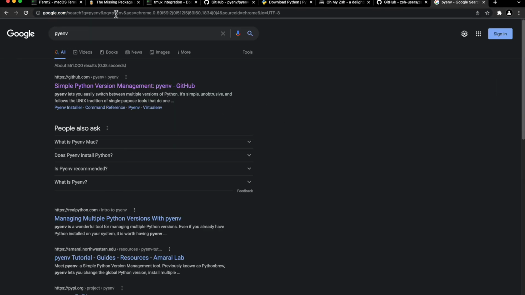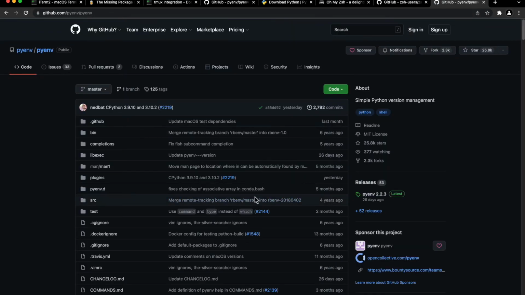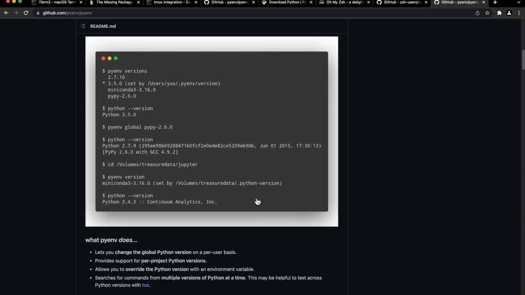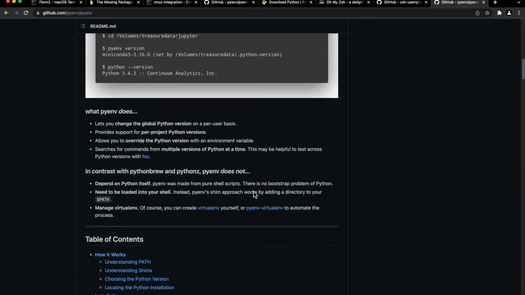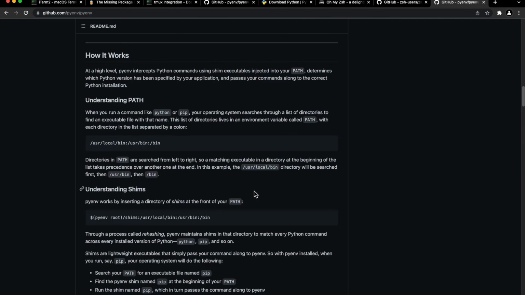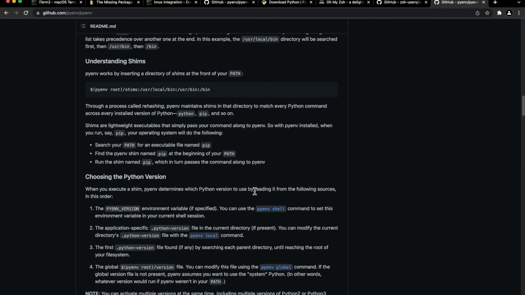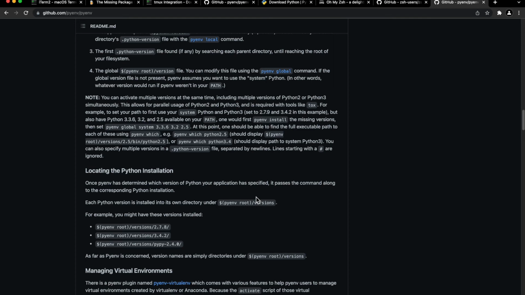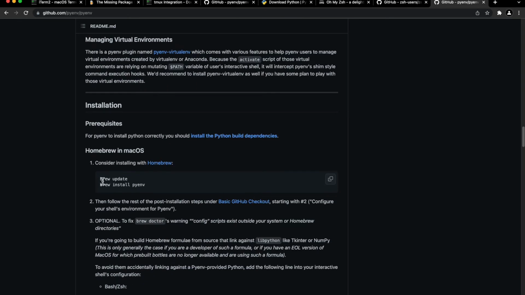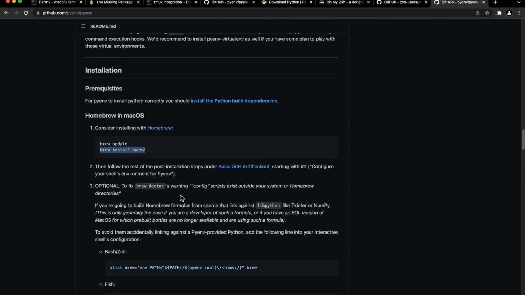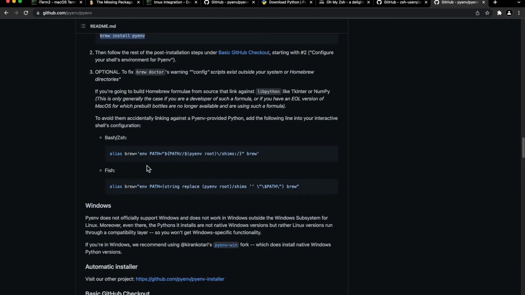Okay, so pyenv, they have the instructions here, and all you need to do is basically brew install, and everything should be almost fine. There is something that you need to add to your startup script. So here's the instructions. You do a brew install pyenv, but then afterwards you have to update